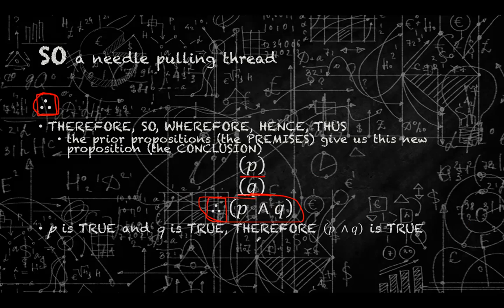Is it supposed to say that P is true or Q is true, or how do you know that P is true or Q is true? Yeah, so whenever we do an argument, right, we're going to have premises. We're going to have like premise 1, premise 2, and you can have as many premises as you need, right? And then we're going to have a conclusion. So we're always going to just assume